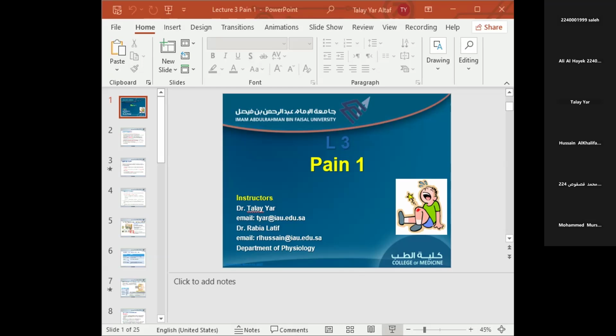And also we'll have some discussion about the various types of pain, broadly speaking, fast and slow pain, and which types of nerve fibers transmit the pain signal. And we will also see how pain can be suppressed, that is analgesia.